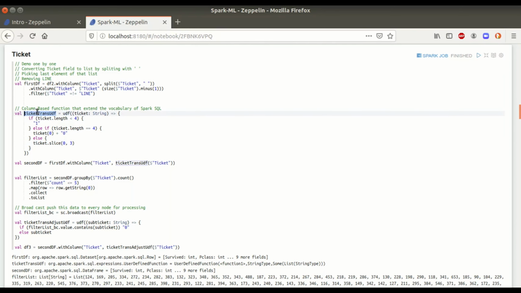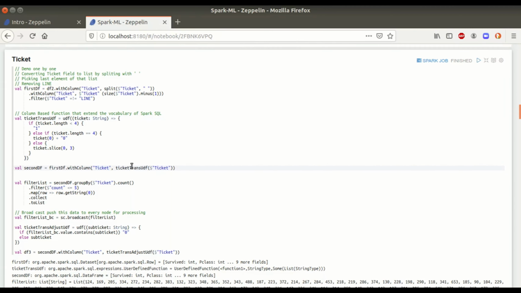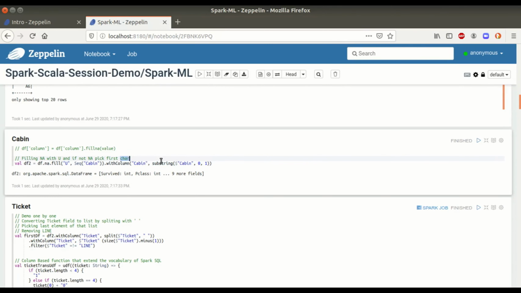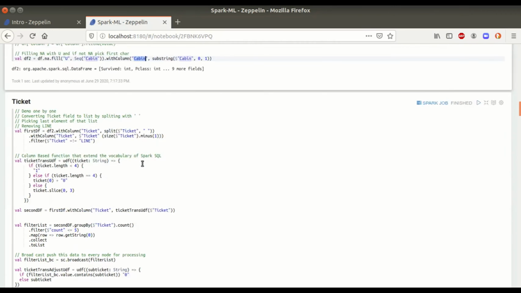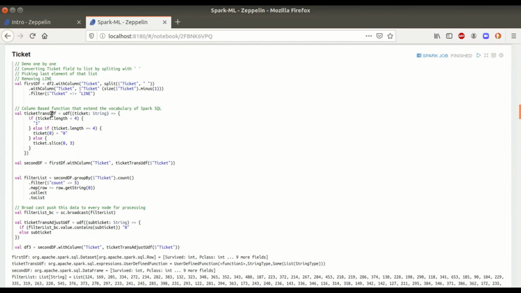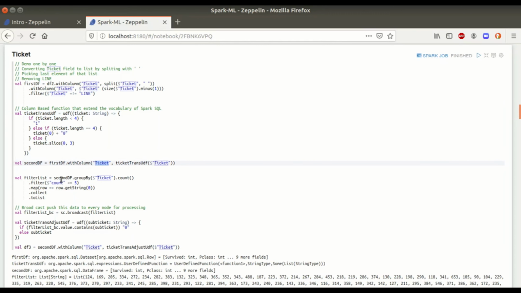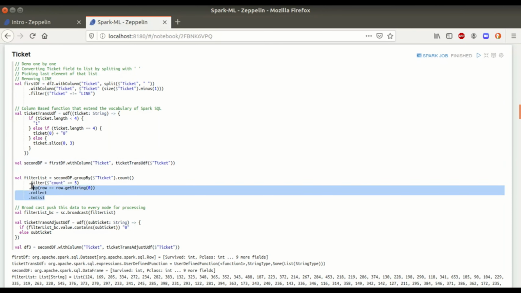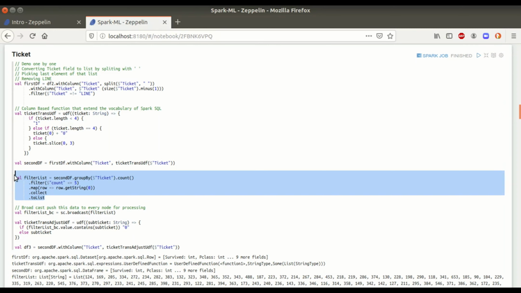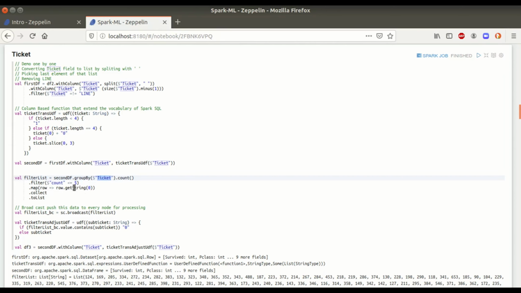Now, post that, whatever UDF I am getting, I am passing it to the particular column to which I want to apply this logic. So if you see in this, I had passed the substring function to the cabin column. Similarly, I am applying the custom UDF which I had defined to the ticket column of my data frame. After that, I am trying to cap the record set of ticket numbers which are less than 5 into one category.